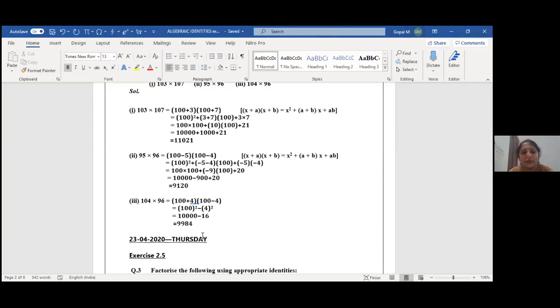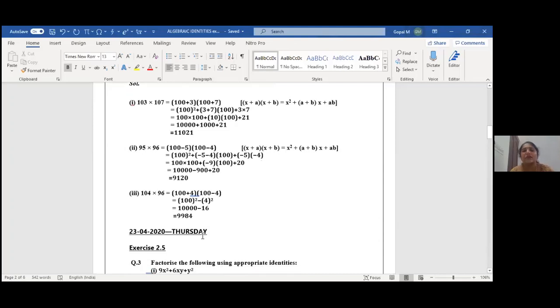Okay. So yesterday's sum we discussed. Today, same thing. So children, we have learned (x plus a)(x plus b) we gave, and we got x square plus (a plus b) x plus ab. This form we got as the answer. Now in the third one, we are giving the RHS value, that is a square plus 2ab plus b square, and we have to find a plus b whole square. So reverse. Am I clear, children?